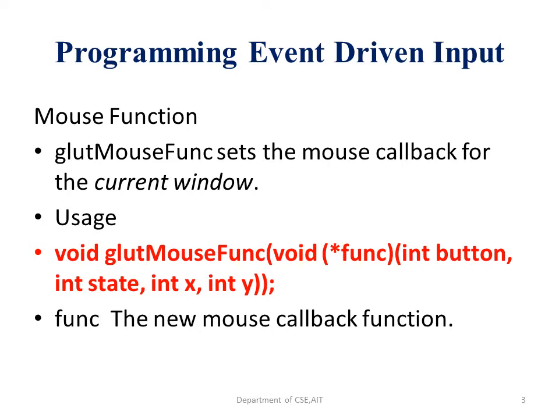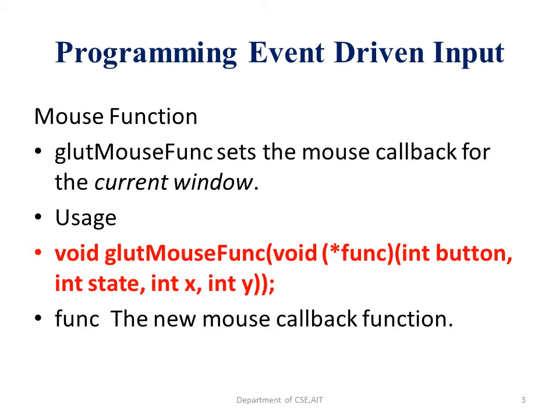The first one, in the programming event-driven input, we are going to develop the event-driven inputs by making use of simple examples. These will be making use of the callback mechanisms. The callback mechanisms we have already discussed previously. We are going to examine various events that will be recognized by the Windows system, and for our application we can write several callback functions which are going to control how the application program will be responding to these event-driven inputs.